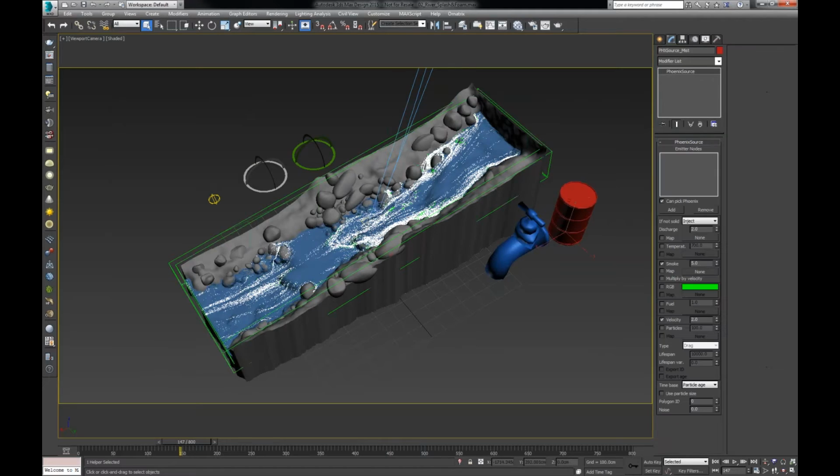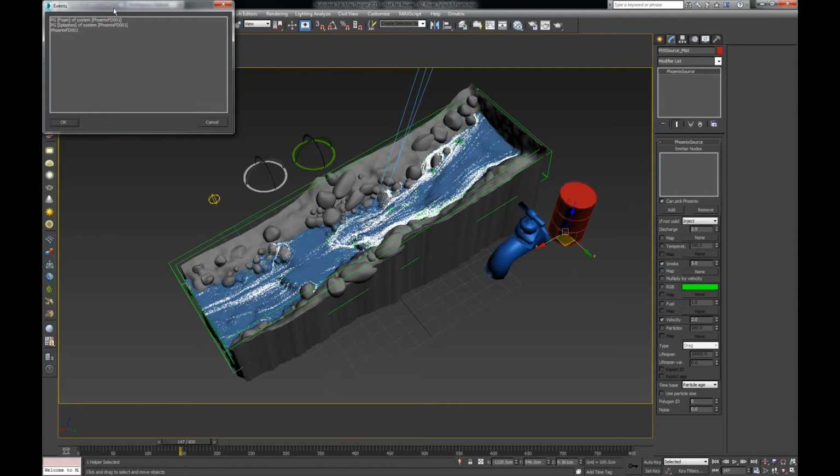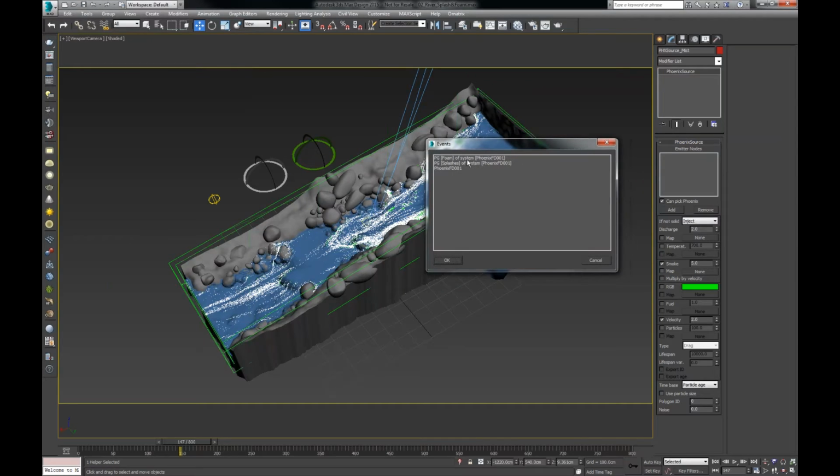And here in the source, I can click the add button and select the simulator with the water. And I'm presented with this window here, where I can specify which element of that simulator I want to use as an emitter. So in this case, I can use the foam particles, for example, these white guys here,